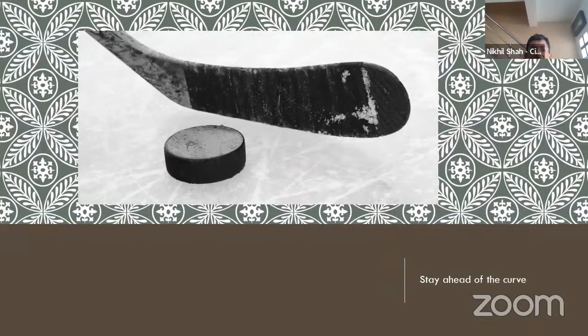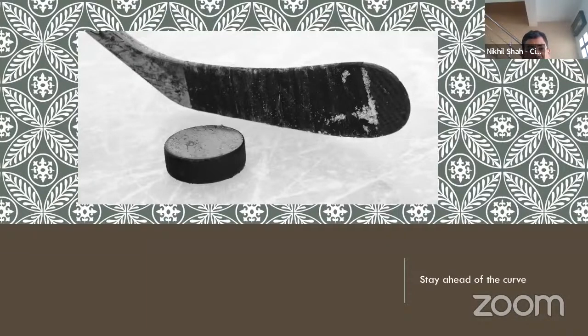So the key message here is, as you can see in the image, many times I tell this: this is an image of ice hockey where you are playing with the puck. This device, like a carom striker, in ice hockey is called a puck, P-U-C-K. If you keep on chasing the puck, you're not able to get it, because in a matter of seconds the puck would travel from one end of the ground to the other end. But we all know that in ice hockey the ground is covered, right? The puck doesn't leave the ground; it hits the wall and comes back.